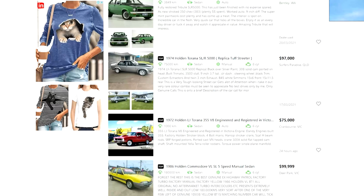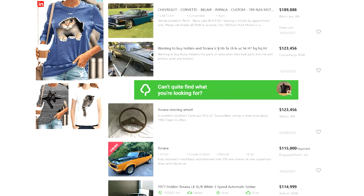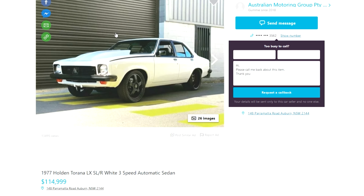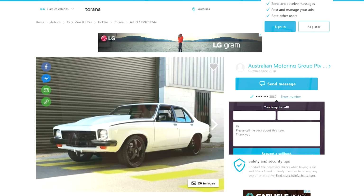Generally, you will look far and wide, especially with classic cars. It's sometimes very difficult to find the particular car, so you cast your net as wide as you can, and then you whittle it down to perhaps your area. But you do find people at both ends of the scale because it's a low barrier to entry. You may have people with a very, very low price with a poor example, but then you've also got the